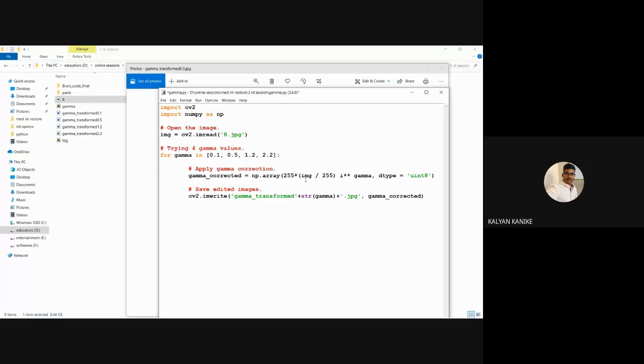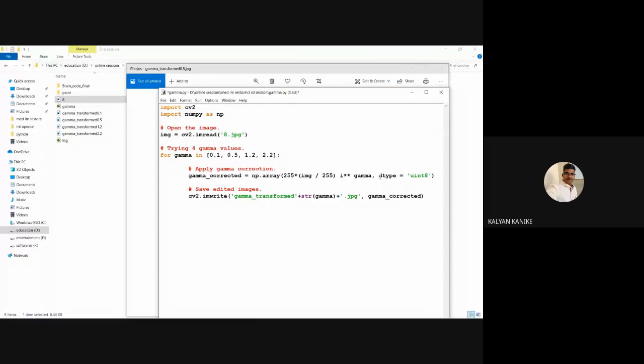So in our images, for each and every pixel, we are going to give an exponential value, gamma. For example, if 25 is there, 25 to the power of 0.1. That small difference information is going to be applied for each and every pixel. After giving this exponential value for each pixel, we store that information in gamma_character, whatever the user variable name.